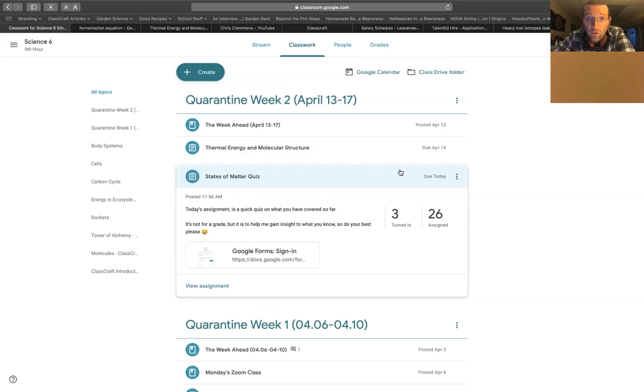We'll be moving into Classcraft. I know a lot of you enjoyed Classcraft or thought it was pretty cool, so we're going to go ahead and go back to using that system. Also, the cool thing about Classcraft is that it has several features where I can set up doorways and things that you have to have the right password or know the right answer to a question or a riddle in order to move on. So we will on Monday start a quest on Classcraft.